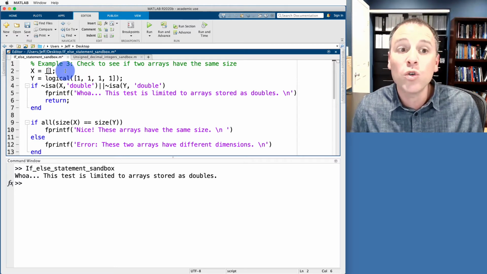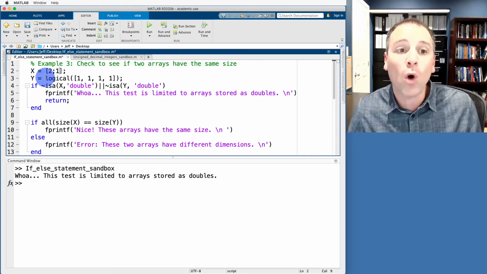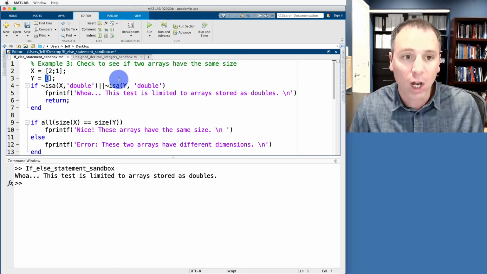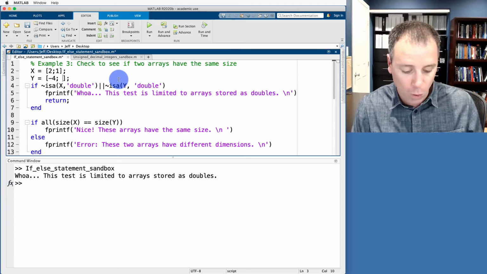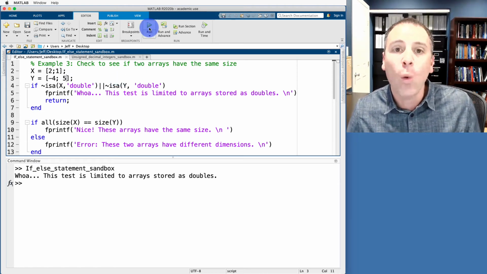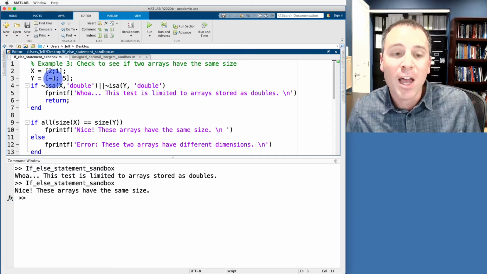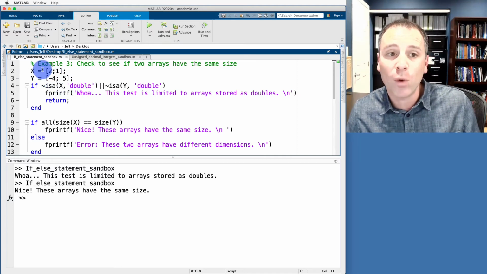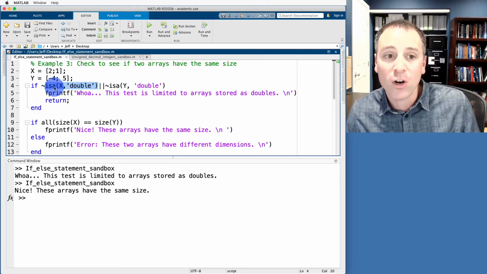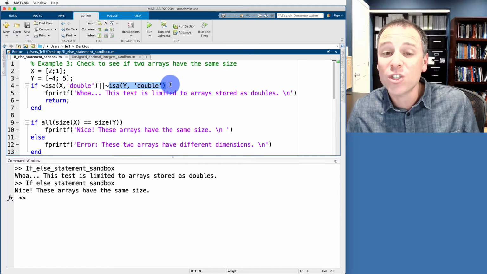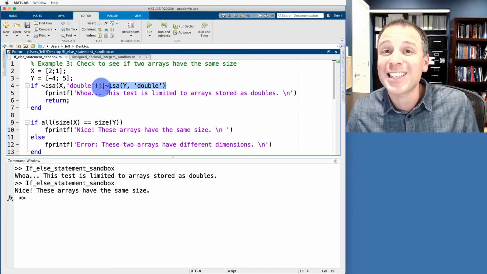In this case, we'll use column vectors. So let's use a 2x1 column vector for x. And we will also use a 2x1 column vector for y. Perhaps we say it's -4, second row is 5. When we run this, notice, first thing that we do is check, is either one of these not a double? Well, in this case, x is stored as a double, so that gets 1. Here, not 1 is 0. Also, y is stored using doubles, so that gets 1. Not 1 is 0. 0 or 0, the logical scalar gets assigned a 0 value.